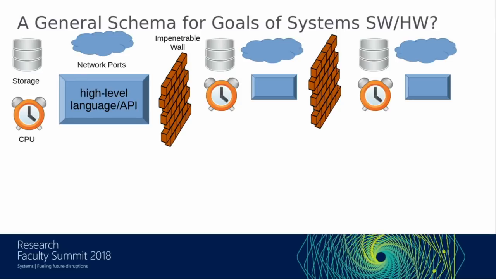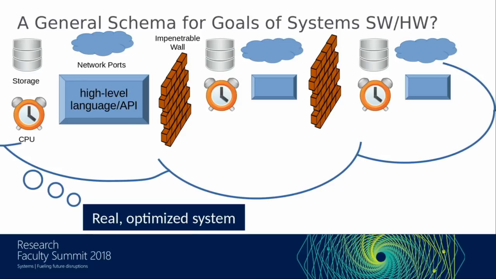And every one of the parts gets to be written in a nice high-level language. It uses nice APIs. We can pretend there are dedicated processing resources, dedicated storage, and so on for each one of these blocks. And many traditional deployed systems today literally realize this picture in the way hardware and software are set up. But in general, what we're trying to do here is come up with a real optimized system that,